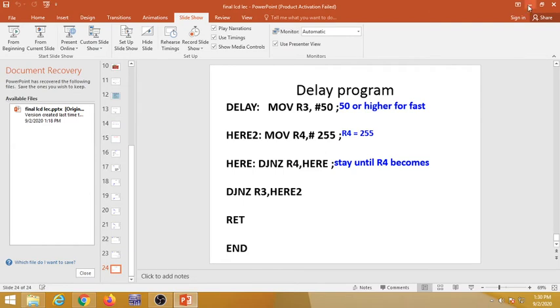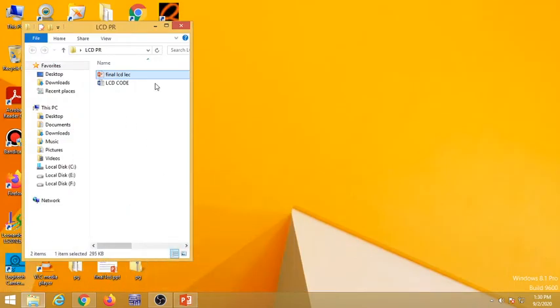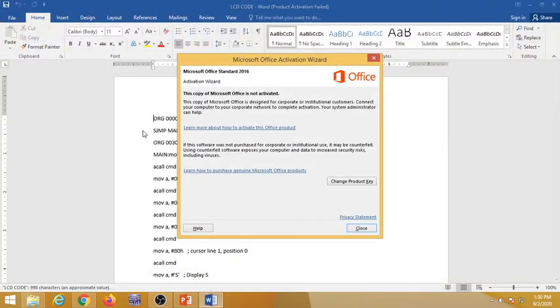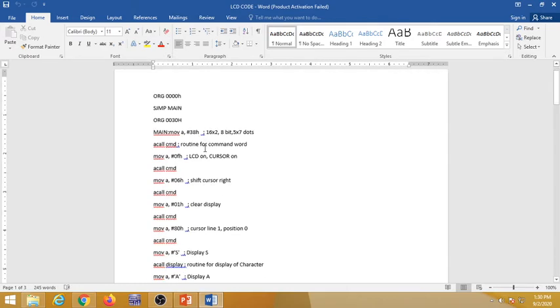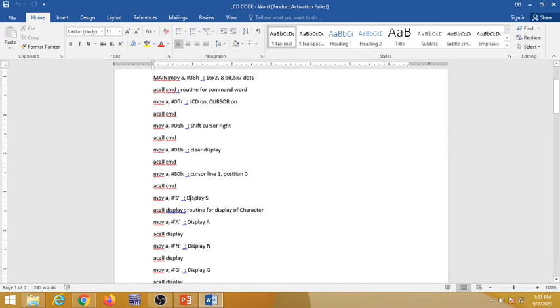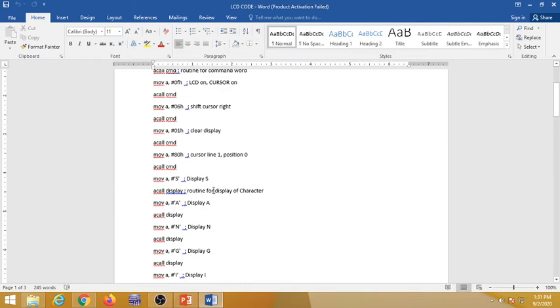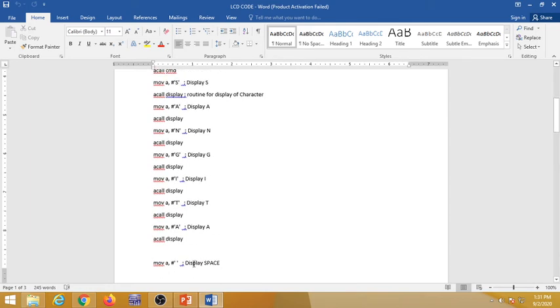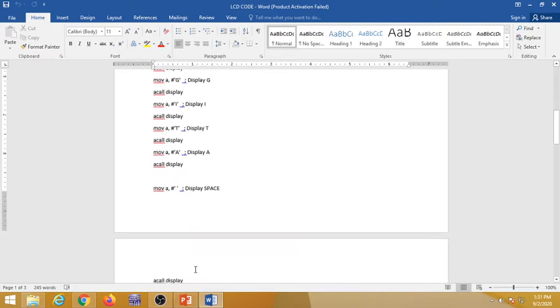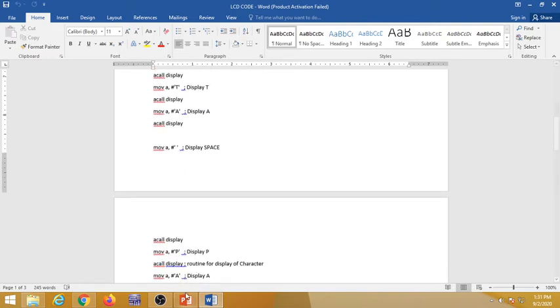Now I will execute this code on the Proteus software, and before that I will provide you the actual code. Now this is my actual code. Here I am displaying my name, that is Sangeeta, then a space, then Patil.